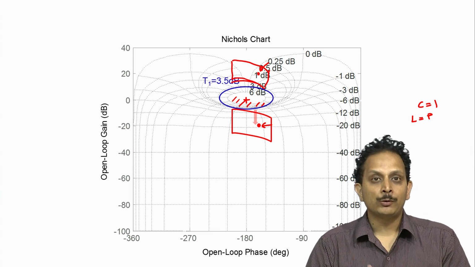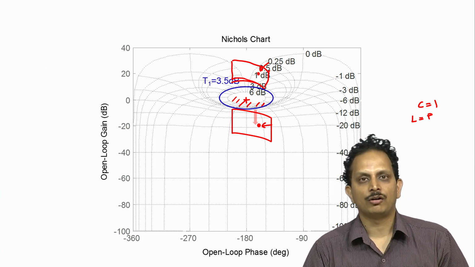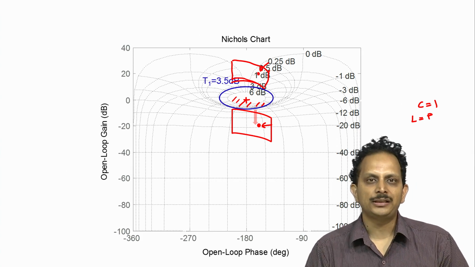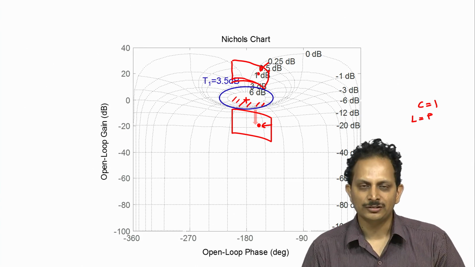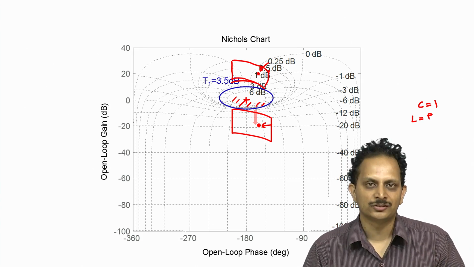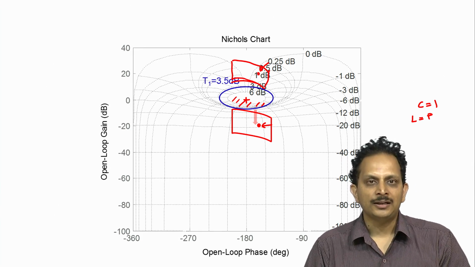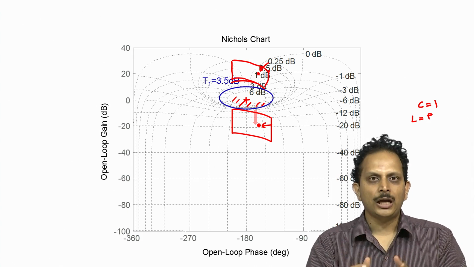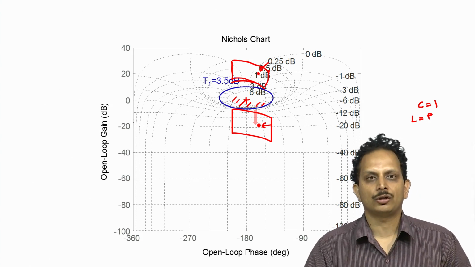Now we are not guaranteed once again that we would be using a controller that adds phase lead or phase lag. Therefore it is not necessary that the plant template just gets moved up or down, it can also get moved sideways, just as we saw in the previous slide. Therefore we need to repeat this exercise at different angular positions of the plant template, because these are the angular positions that it can potentially assume depending on the particular structure of the controller.